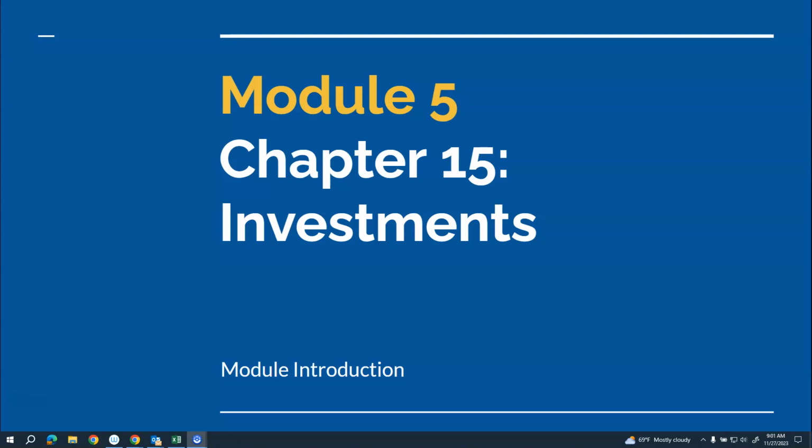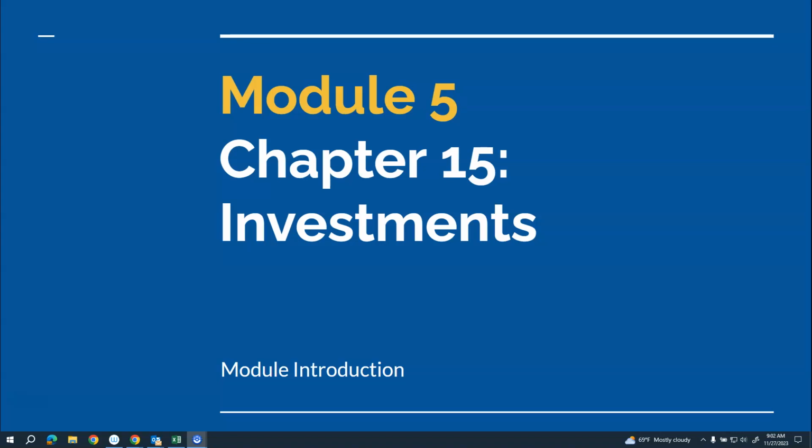Now, in Accounting 1, a lot of your concepts, in addition to the accounting cycle, really went into different assets on the left-hand side of the balance sheet, right? So you learned a lot about accounts receivable and allowance for doubtful accounts. You learned about cash and cash equivalents. You learned about fixed assets, your property, plant, and equipment, and how to depreciate it. So here, we're actually going to revisit that asset side of the balance sheet by going into investments for this